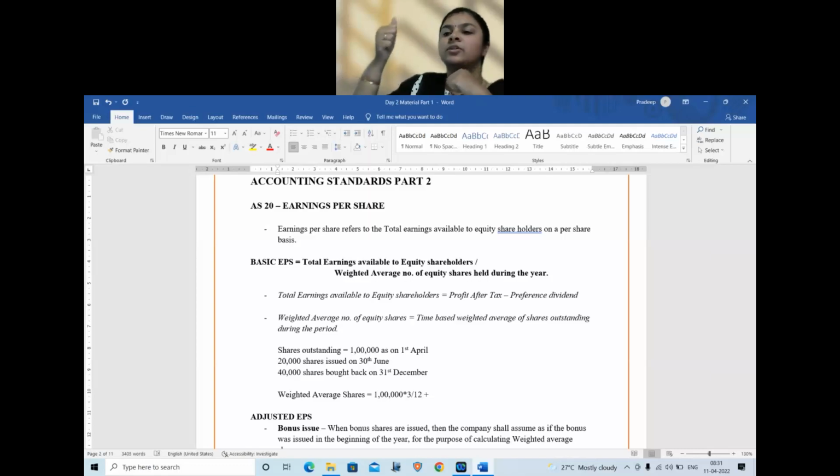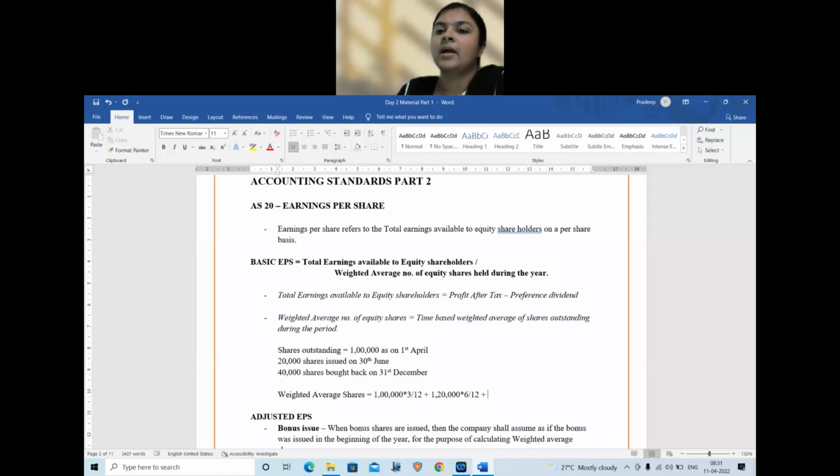Next, on 30th June the issue has happened. So July, August, September, October, November, December. So 6 months the shares have been issued afresh. So total number of shares for 6 months will be 1 lakh 20,000 into 6 by 12